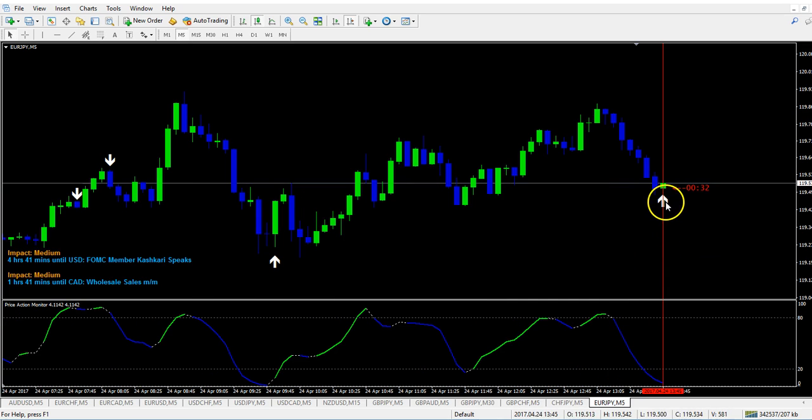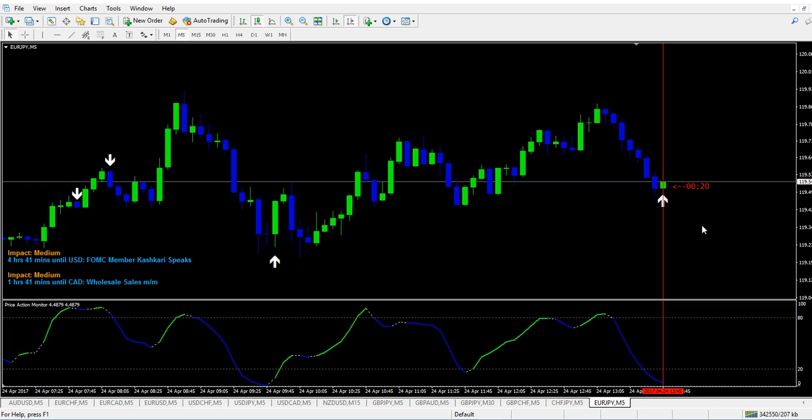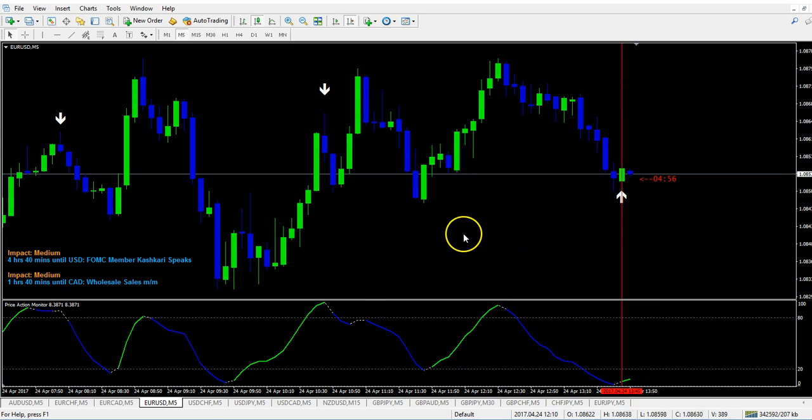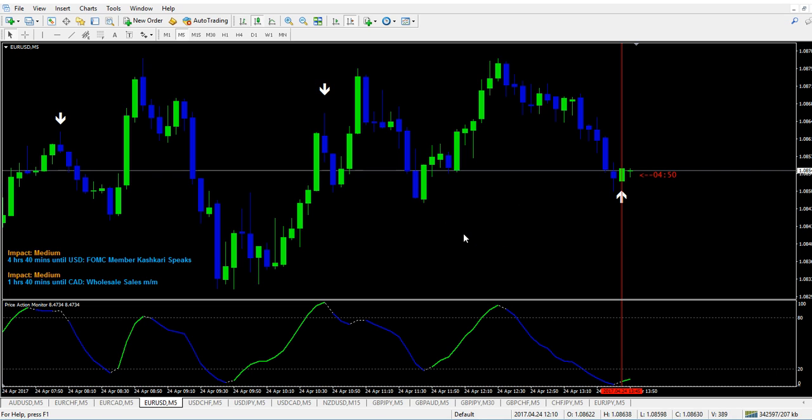So let's see, this is in the money, I hope. If not, nothing will happen. You must lose some trades, but on average out of 10 taken trades you will win 8, and it is really enough. I trade 10 trades maximum per day, and it is really enough to earn decent profit per day. So I hope it will be in the money. A few more seconds. 2, 1, 0, and we are in the money. Very good. Let's see the other trade we had taken. Yes, both finished in the money.